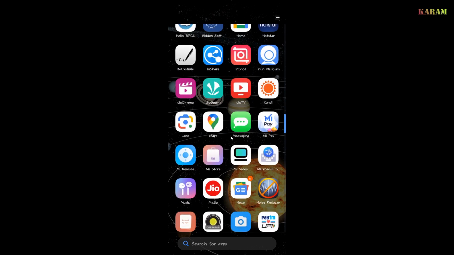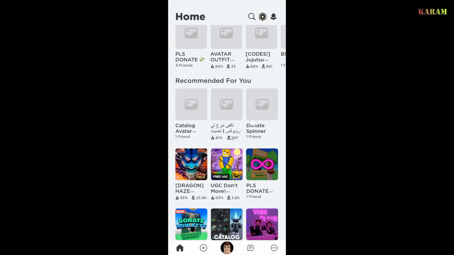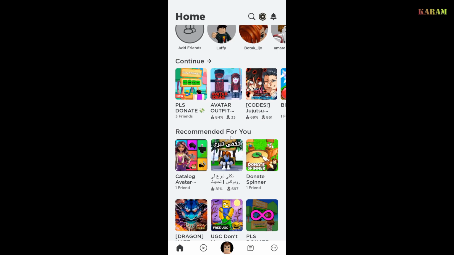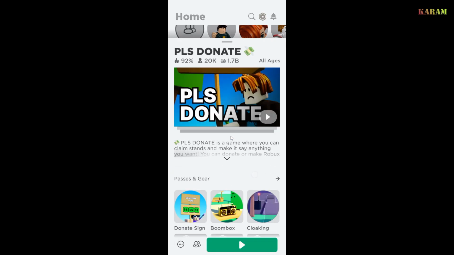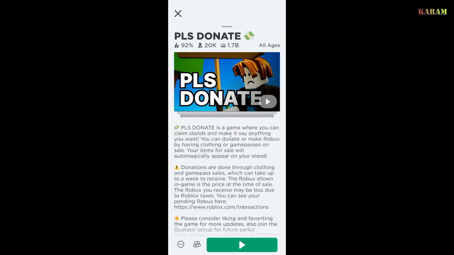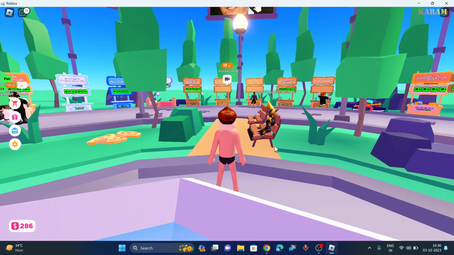Now you just need to go to the Roblox app. And you have to click on this Please Donate game, or you can search for it if you don't see this game. I have recently played this game, so that's why it's in the recent tab. So just click on this play button to play this game. Once you're in the game, guys,